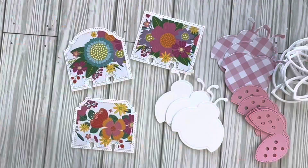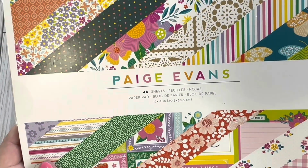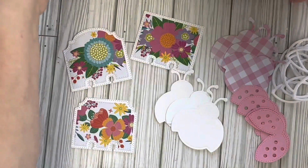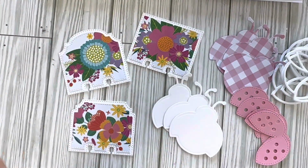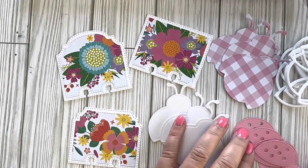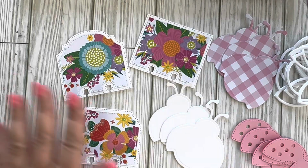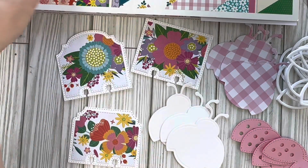And I got this at Tuesday Mornings a couple months ago. And I really love the colors that are in it. So I'm using that as my background paper. And this was just some solid cardstock that I cut out to match. And then I did put together, let me show you,